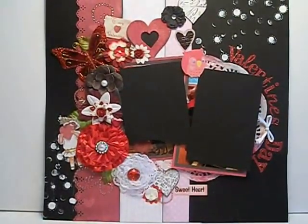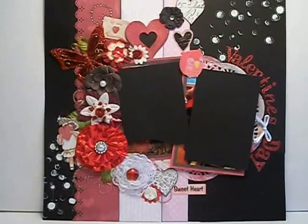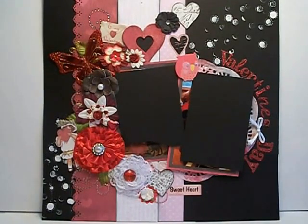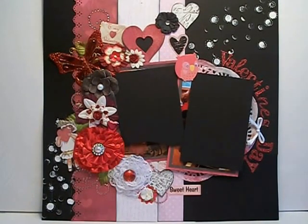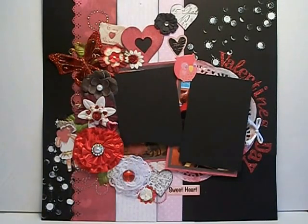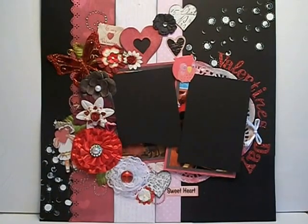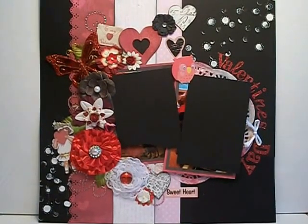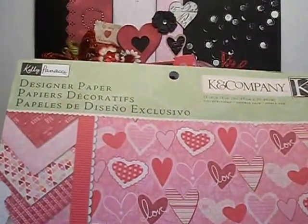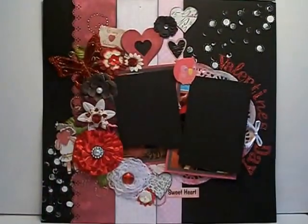And I had 2 photos that I wanted to use, and I matted those on black cardstock and then a red cardstock. And then I used 3 strips of paper here, and they were from this K & Company stack of Kelly Panetti designer paper, and this was from last year, I believe. So I used that,